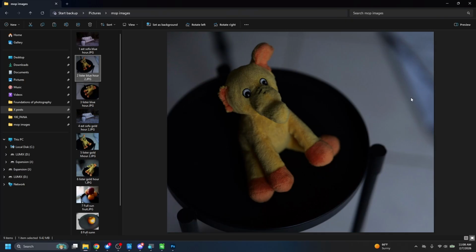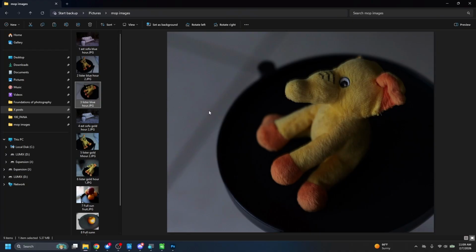But as you can see, very, very minimal light coming in through the sliding glass door. Here's a different angle. Again, this is blue hour. The light from outside, because the slider is acting like a softbox, the color is definitely not necessarily reflected in